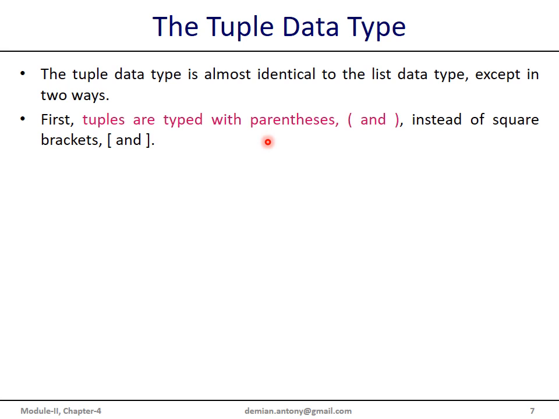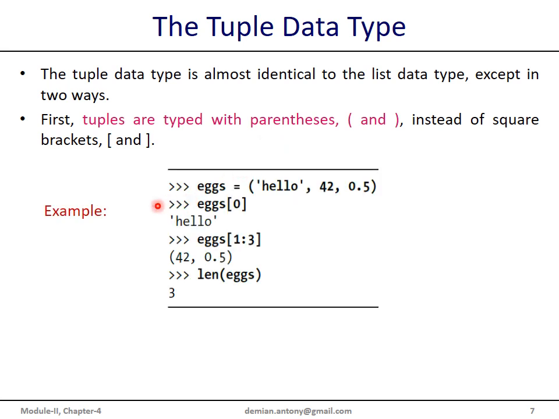The individual items of a tuple should be enclosed with parentheses rather than the square brackets. Square brackets are used to represent a list. Here is an example. We create a tuple. Observe that we have not used a square bracket. If you use square bracket, then the list X becomes a list. We have used the parenthesis. It means that X is a